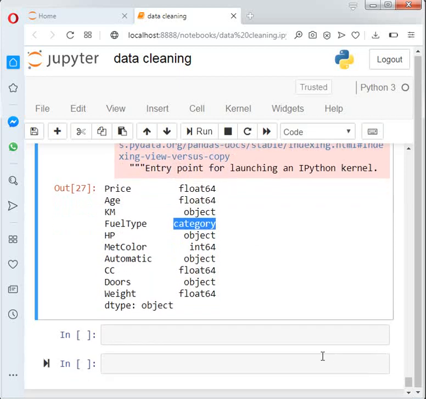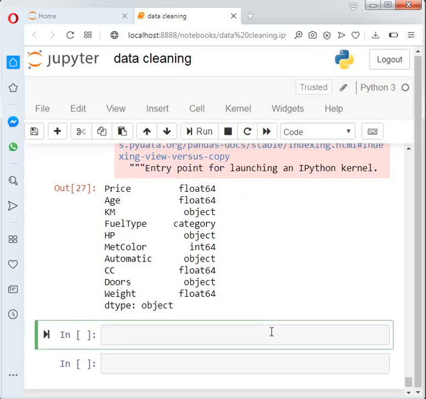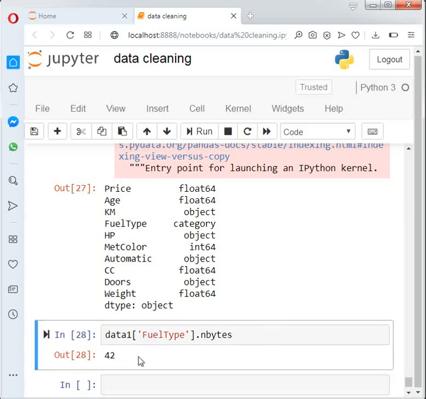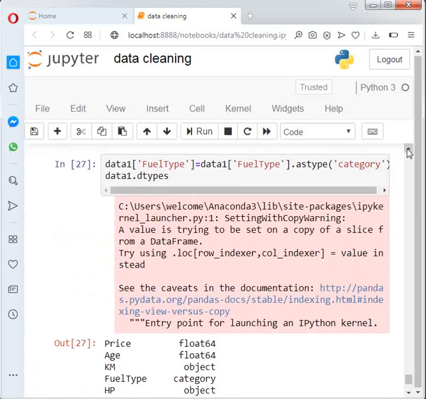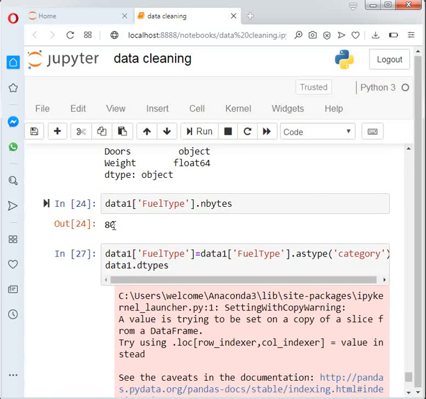Then we find what memory it consumes. Again data1 fuel type dot nbytes. It consumes only 42 bytes, whereas previously, when fuel type was an object type, it consumed 80 bytes.